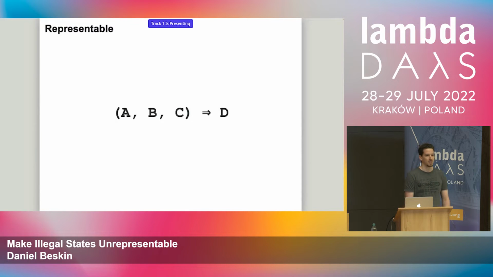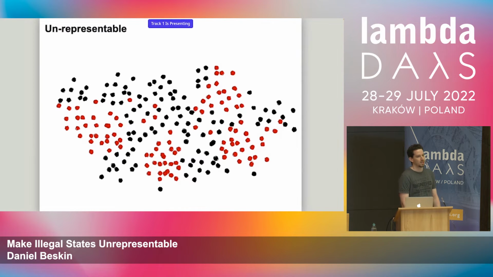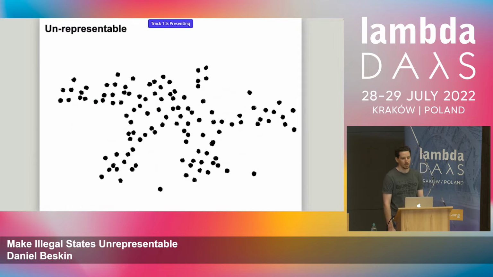So what do I mean that an illegal state is representable? It's that there is some combination of the inputs A, B, C that would get you into an illegal state. That would mean that the state is representable. You can find such inputs, and you'll get an illegal state directly in your system. And what we strive to achieve is to make it impossible to find such inputs that would get us into this illegal state. So imagine that it's literally impossible to write down such inputs that would get you into an illegal state, that you cannot get there at all.